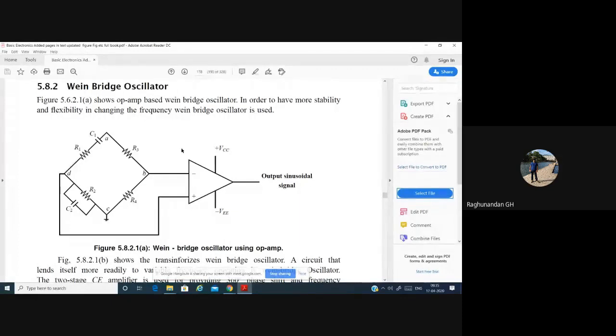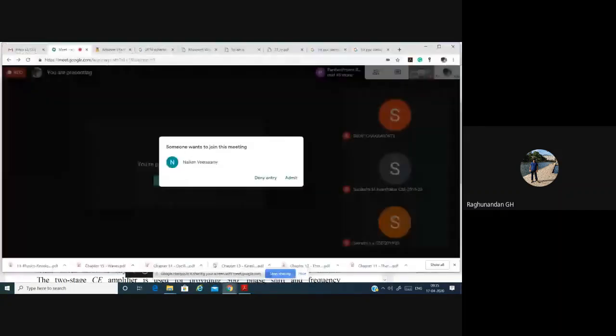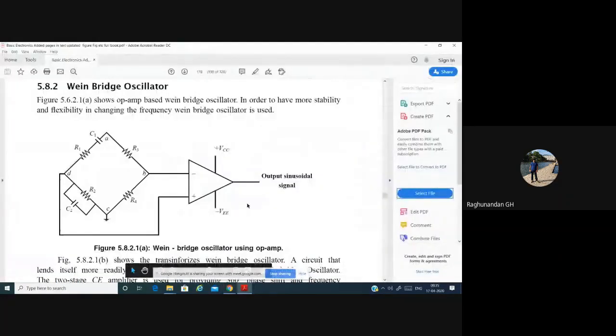That is with respect to the feedback network, where for different frequencies we need to keep changing the R and C values, and all the R and C values should be identical. If any of the R and C values are not identical, then again it will be a problem for tuning it to a particular frequency as well as to 360 degree or 0 degree, because according to the Barkhausen criterion the phase difference should be 360 degree or 0 degree. If that is not achieved, we will not get sustained oscillation. So those were some of the drawbacks.